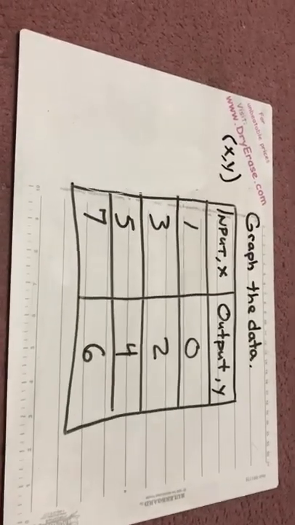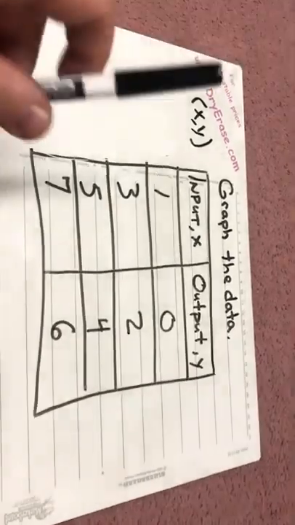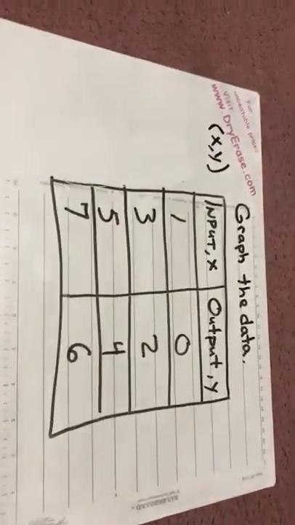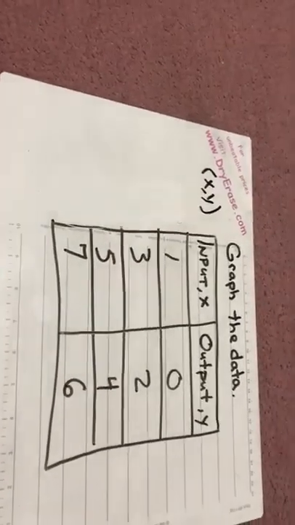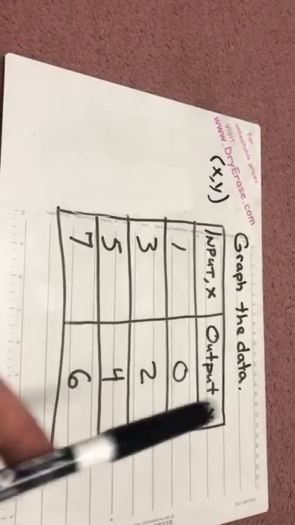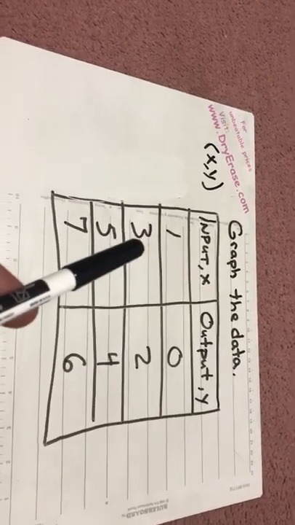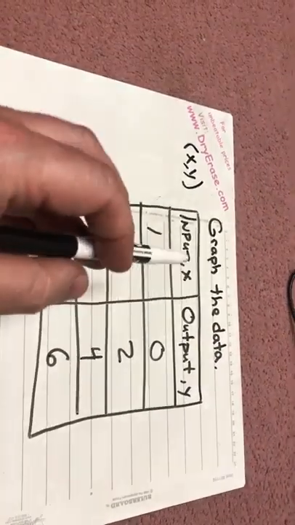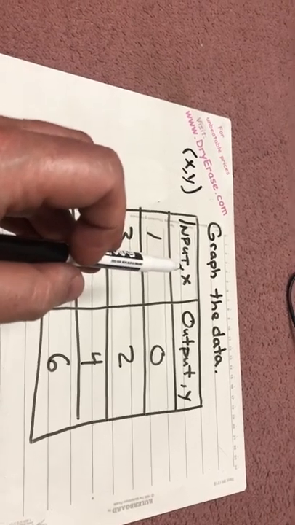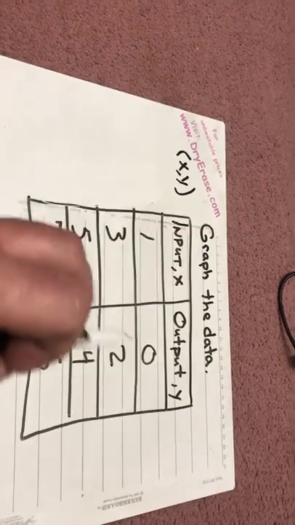All right, sixth grade friends, graphing the data today, graphing linear equations. The first part of what you're going to have to do is graph these charts, and they're going to give you all the ordered pairs in a chart. Okay? So the first thing you want to understand is making sure that you understand how to read these tables